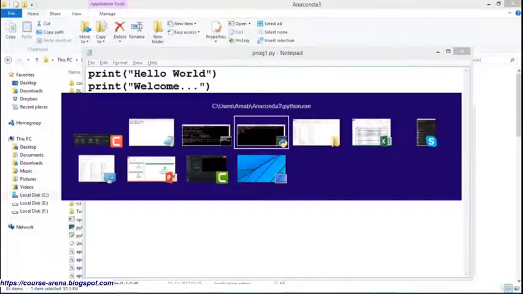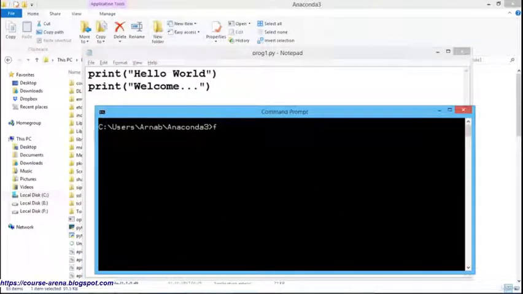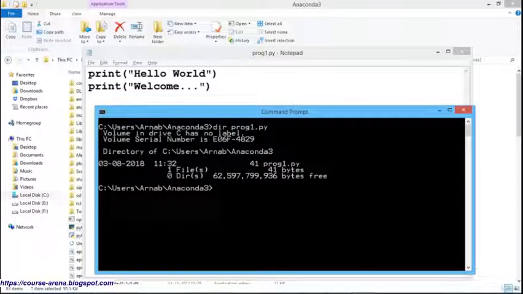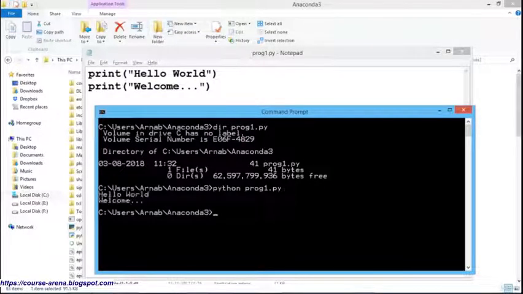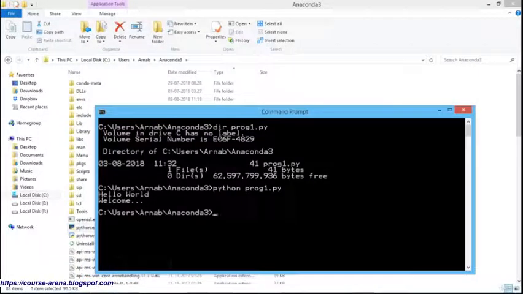Now I'm getting back to my prompt here. Let me check whether the file has been saved or not. Here the file has been saved with 41 bytes. Now we can execute this code using Python, which will interpret this program. So we're going for python prog1.py. You can see that the program is executing. This is the mode known as the script mode, where we type our code in a file and execute the Python program using Python and the file name. You can get the output here. This is the program we wrote, and there is the respective output we're getting.